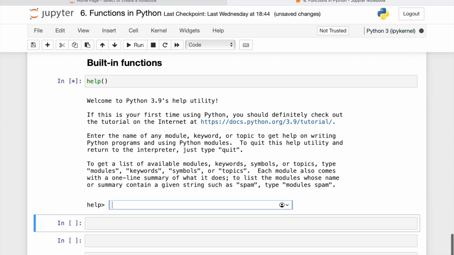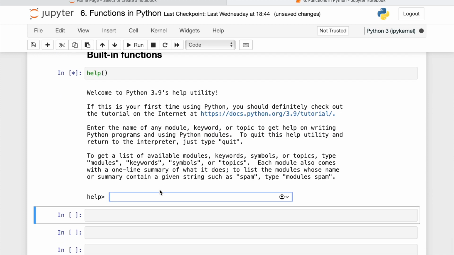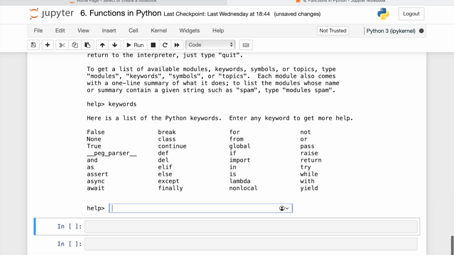Run. Okay, and now we get this help. Here we have to write keywords. Now we don't have to run this, we have to press enter. Okay,